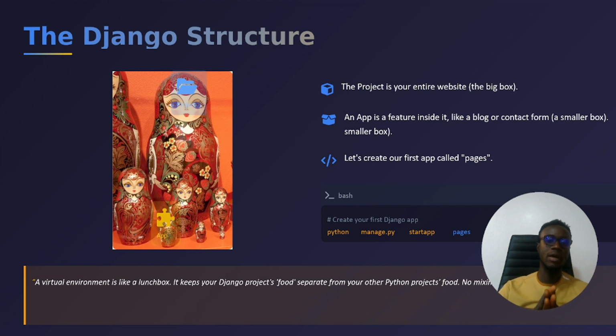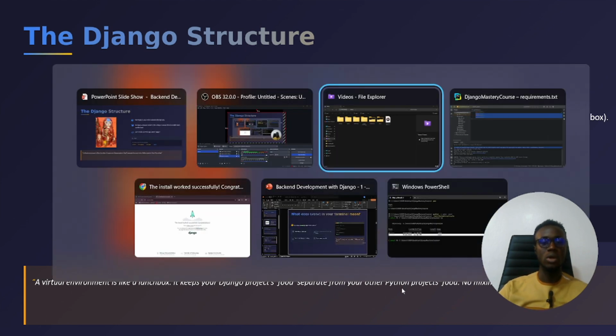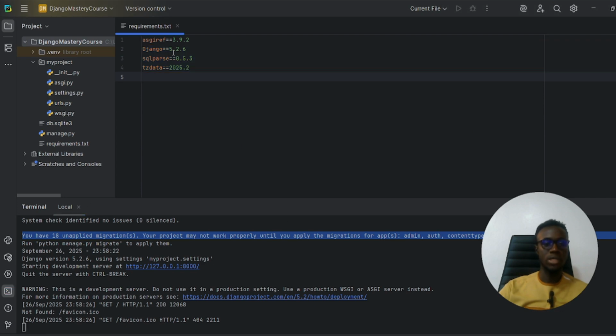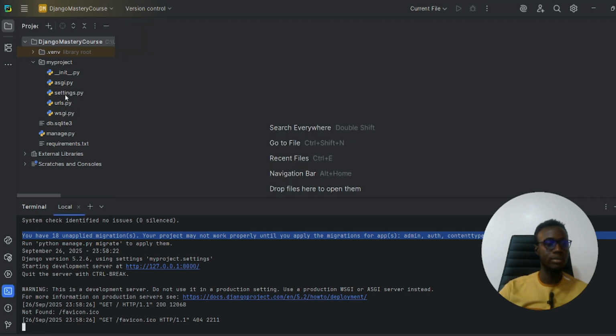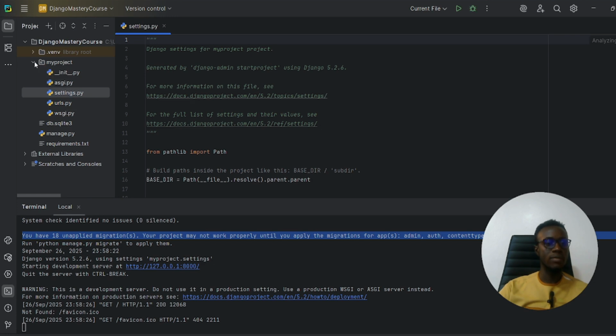Right, so we're going to have to understand what these individual files created by Django, when we created our project, are actually used for. So let's get back to our Django project in PyCharm. When you observe this after you create your project, you can see that a couple of files were created. Now the major ones we have to pay attention to include the settings,